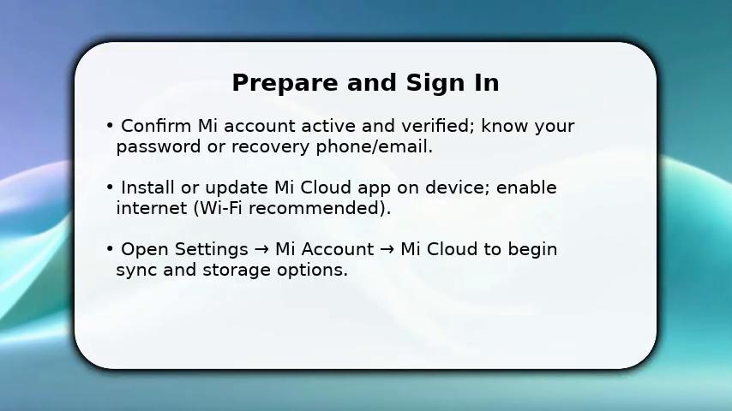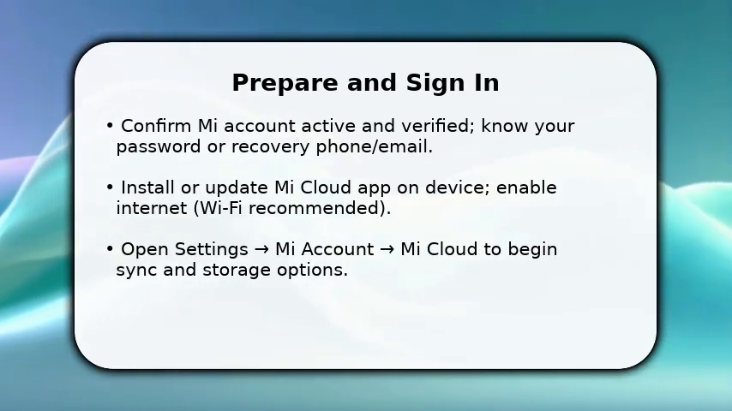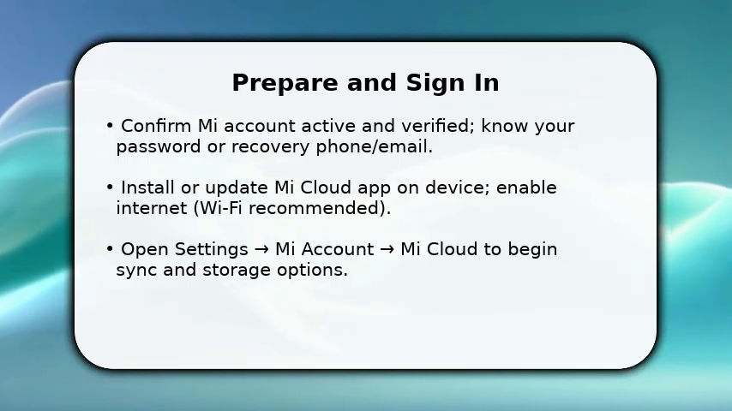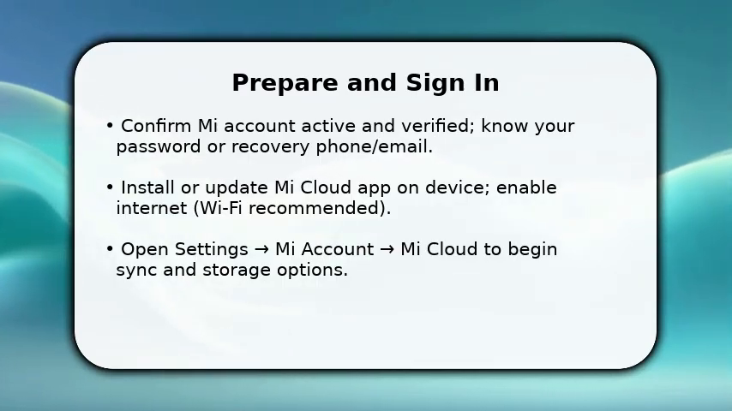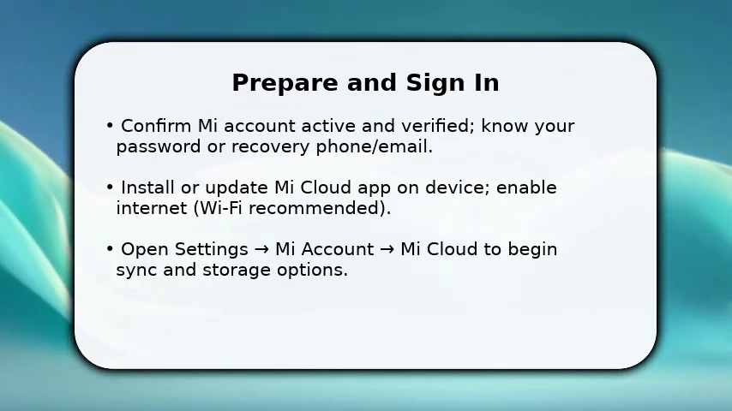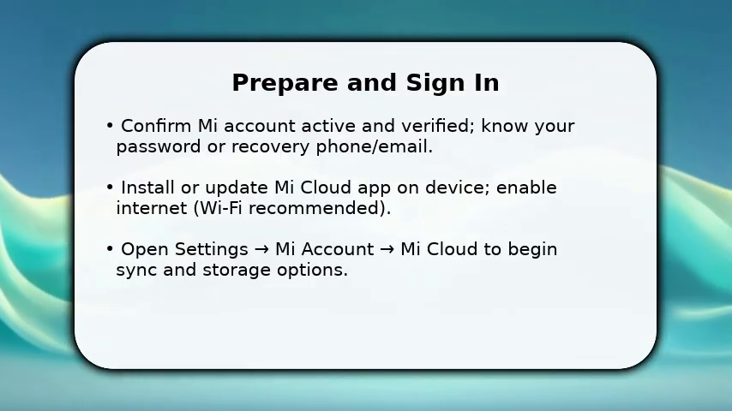You start by confirming your My account is active and that you can access the recovery email or phone. Once done, install or update the My Cloud app and use a stable Wi-Fi connection to avoid data charges. Now open Settings, tap My Account, then My Cloud. This brings you directly to storage controls. You do this because an authenticated account and current app ensure secure sync and accurate quota display before you change